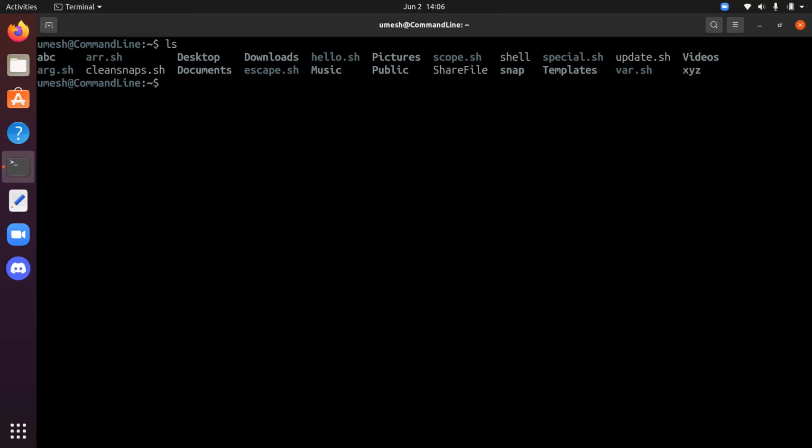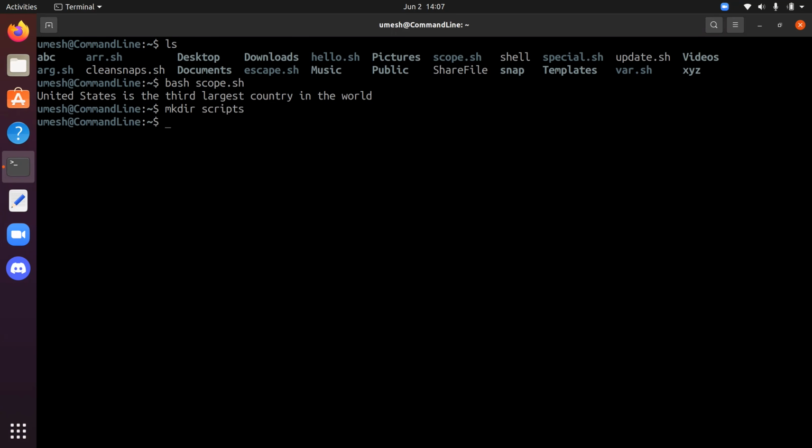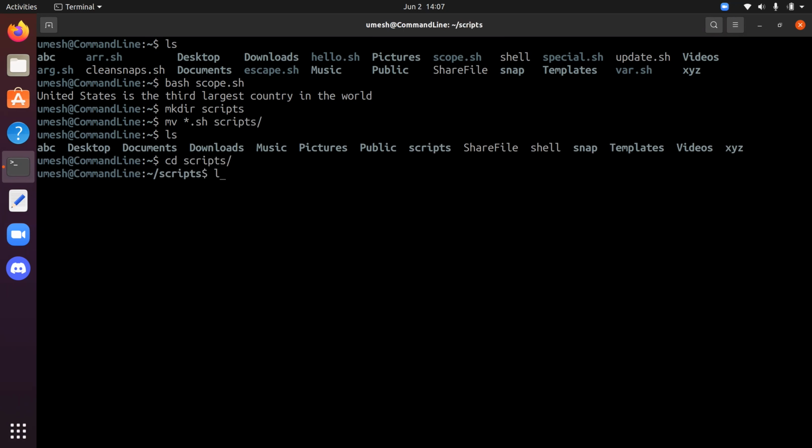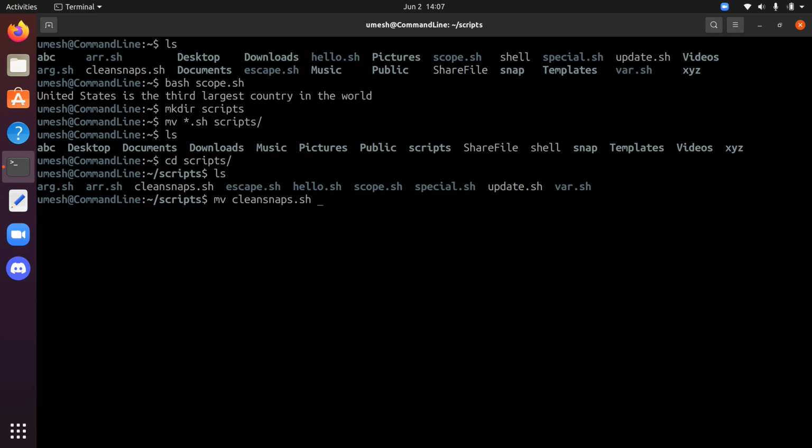So if you notice, when we run any command, we do dot slash and the name of the script, or bash name of the script. But if you just type the name of the script, it does not work. And if you want to make it work, let's create one directory and move all the scripts there. Move everything.sh inside scripts. So cd scripts, all our scripts are here. Actually, let's move this one out and update outside.